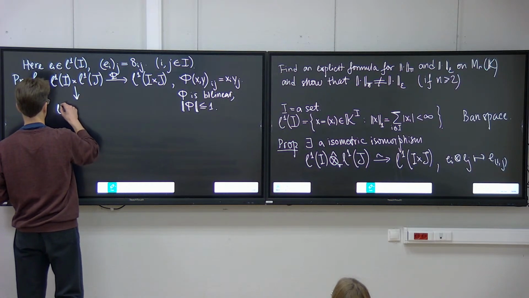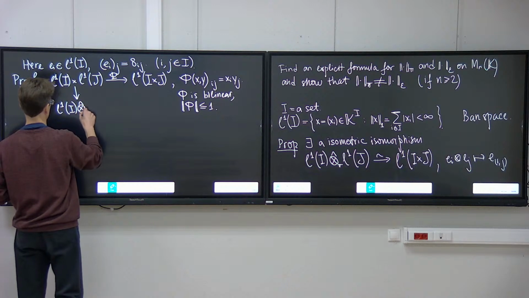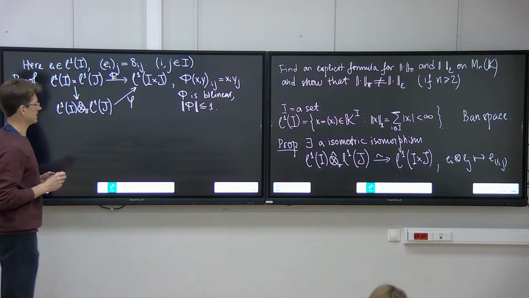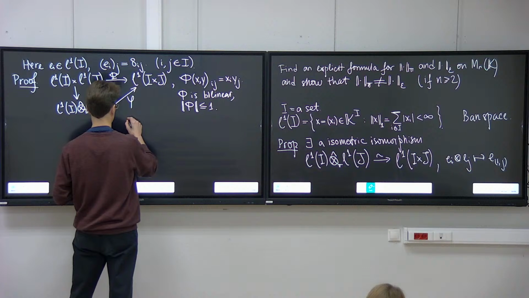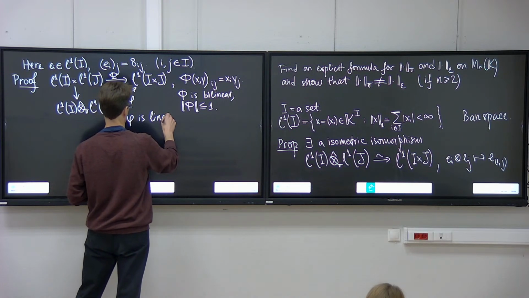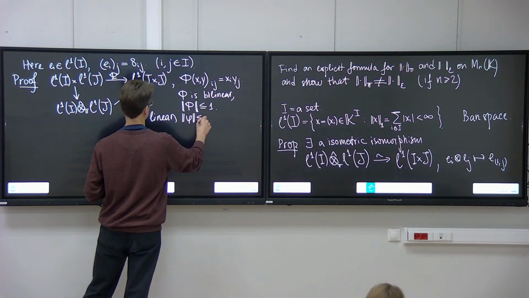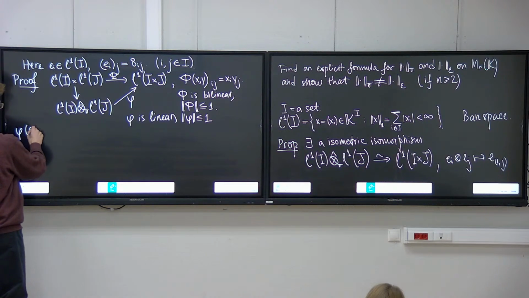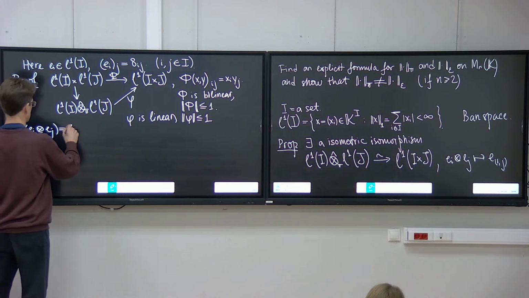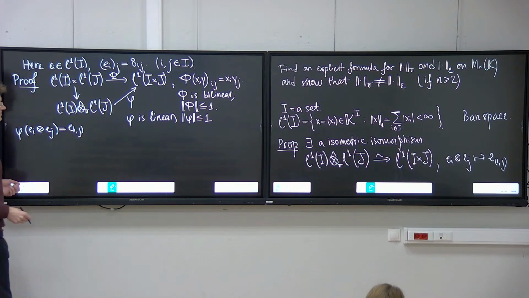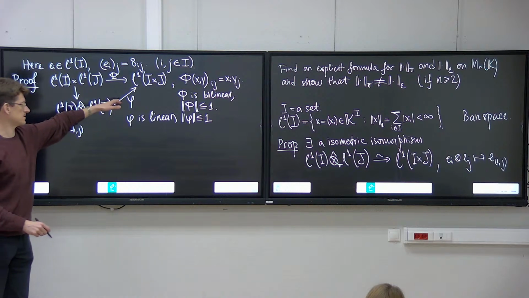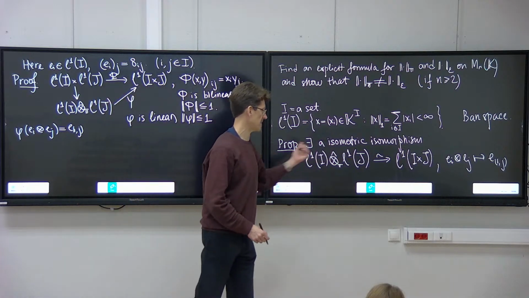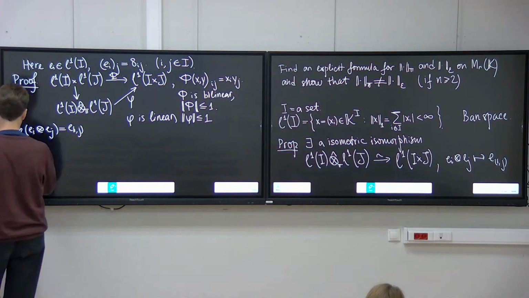So we linearize now. We consider the complete projective tensor product of our spaces, and we get a linear contraction, little phi. Phi is linear, and the norm of phi is less than or equal to 1. And by construction, phi takes e_i tensor e_j to e_(i,j). So we want to show that this little phi is an isometric isomorphism. And to prove this, we simply explicitly construct the inverse map. We define psi